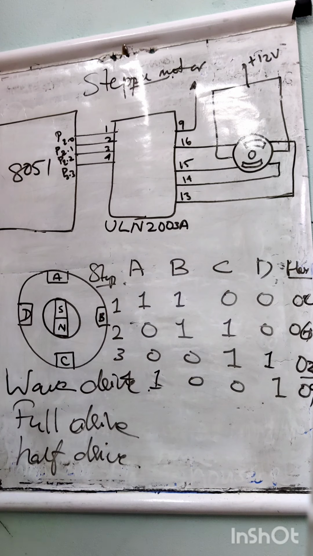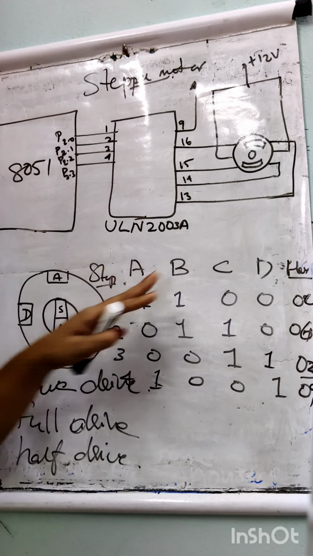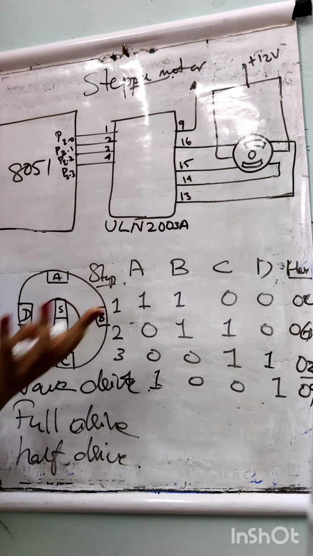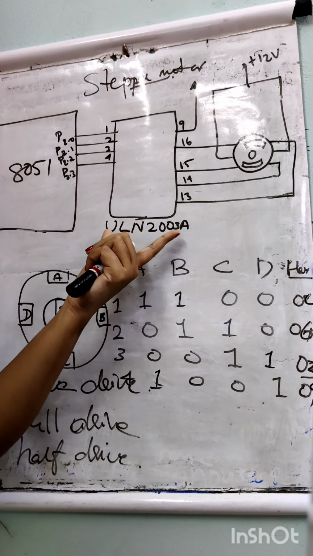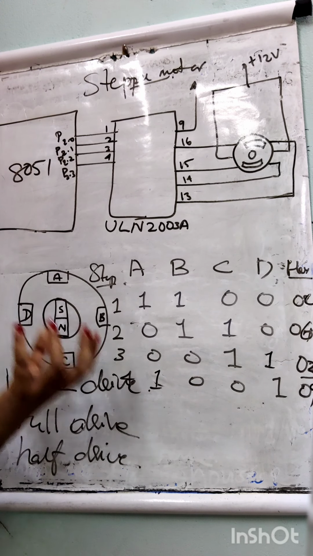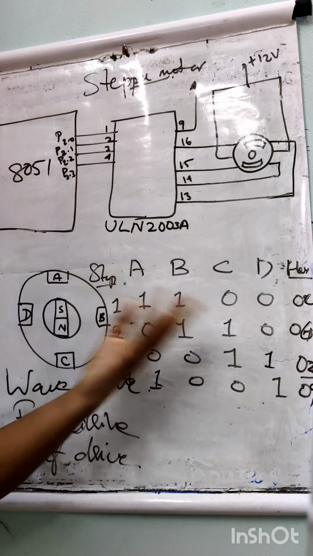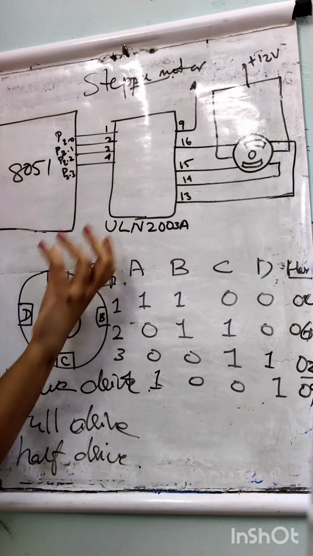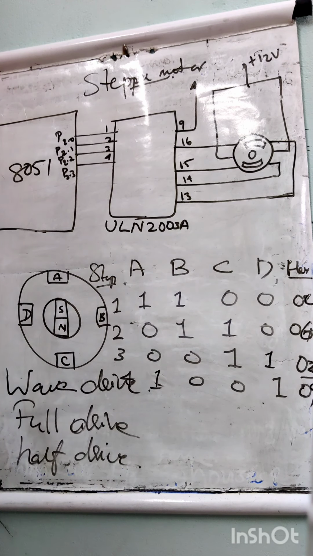So there will be 8 values. Okay, then here you can see how we give the values to the port to energize our motor. And we can see a driver IC here, ULN2003. ULN2003 is actually an amplifier, because we know that a stepper motor consumes a current of about 1 ampere or so, but our 8051 cannot produce that much current. So we use a driver to amplify whatever input they get from the 8051.